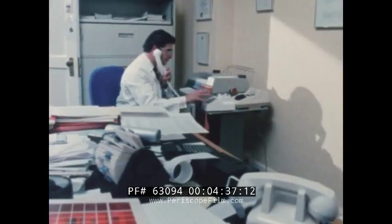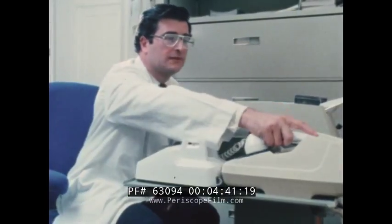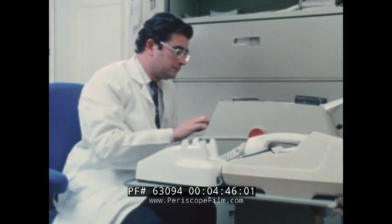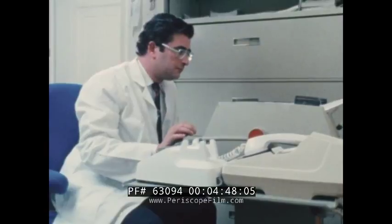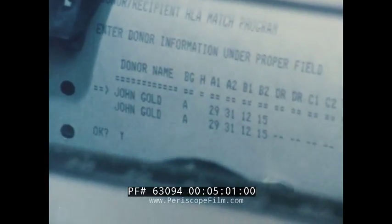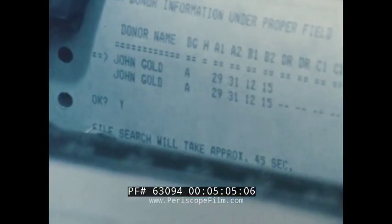Today, Dr. Sampson can call from San Francisco and hook up with a computer 3,000 miles away in Virginia. We will enter the tissue typing data into the computer and look around the whole of the United States and Canada for a suitable match. He enters the blood and tissue numbers for the new kidney. The search will take 45 seconds. While the computer searches for the best patient,